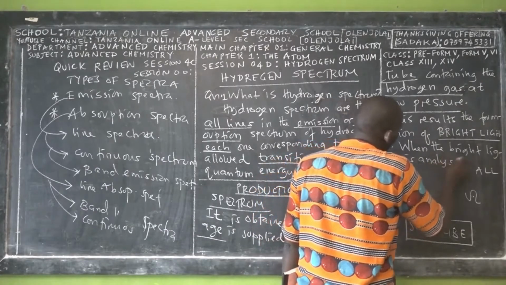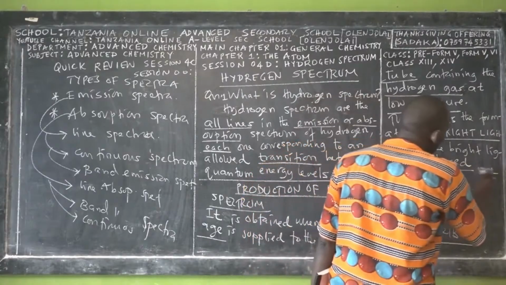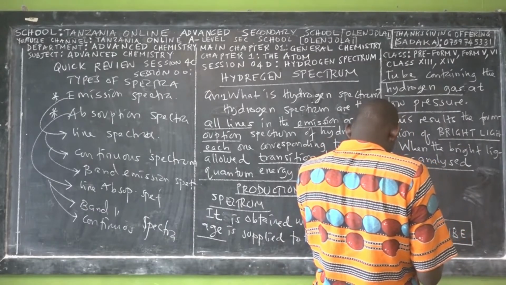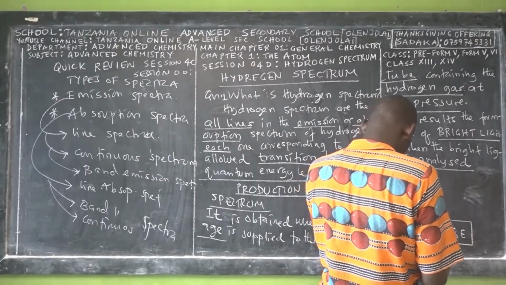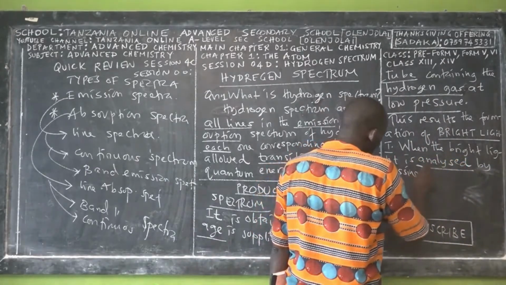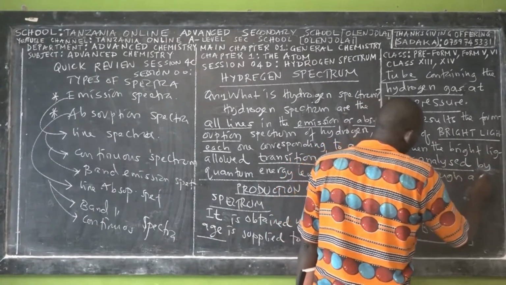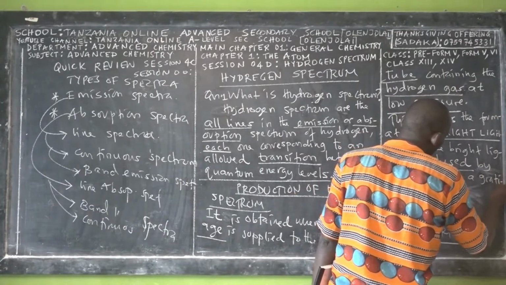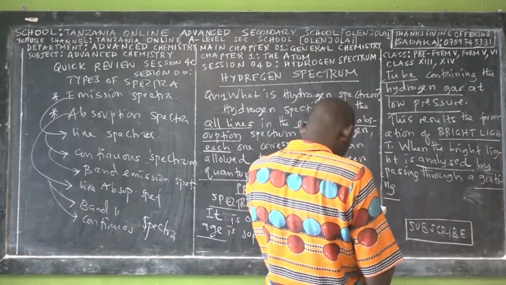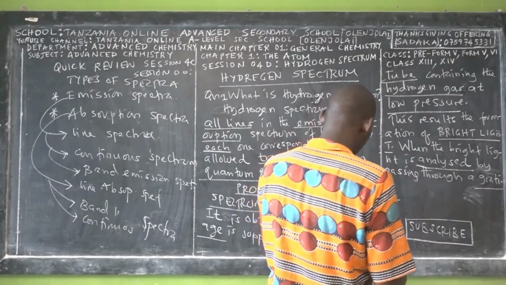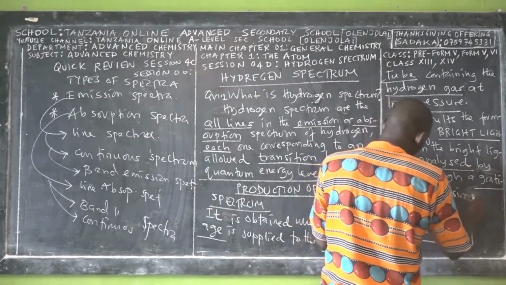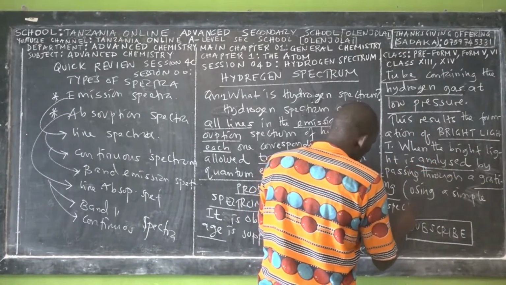When this bright light is analyzed by passing through a grating, we are going to learn about gratings in atomic physics, using a simple spectroscope, which is the instrument that we can use,